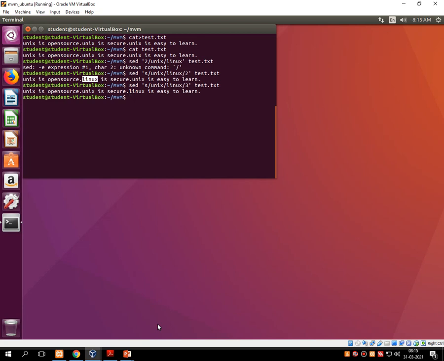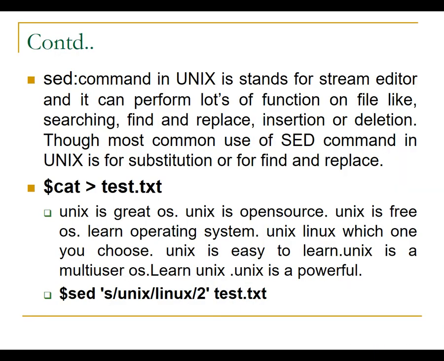Now suppose I am not passing any number over here, I am keeping it blank. What it does? By default, it replaces the first word of this entire file from Unix to Linux. So this is the functionality of the sed command.